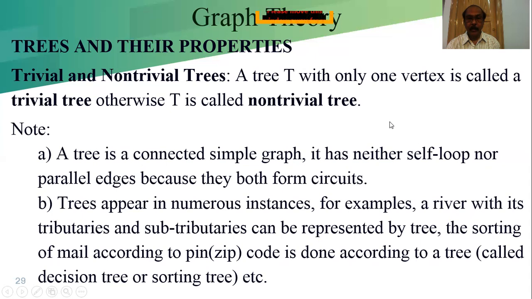This is our sorting point. From that we make the place-wise sorting. The place-wise sorting boxes are placed there. From that it makes a tree called a decision tree or a sorting tree. A decision tree is a little bit different, where the expected return is there. It is a probabilistic method where we can take our decisions. This sorting process can also be called a decision, because we are checking the address and deciding in which box it will go.